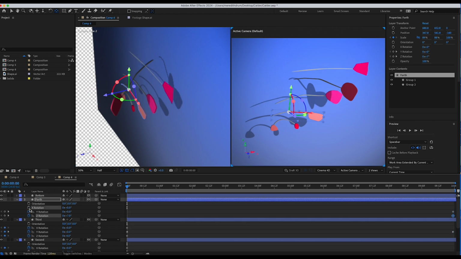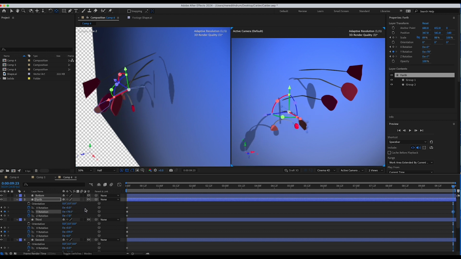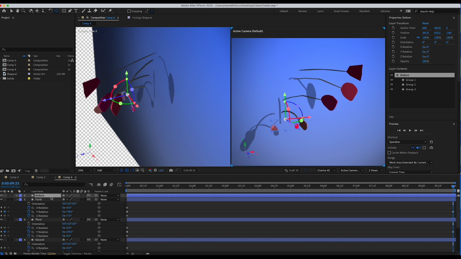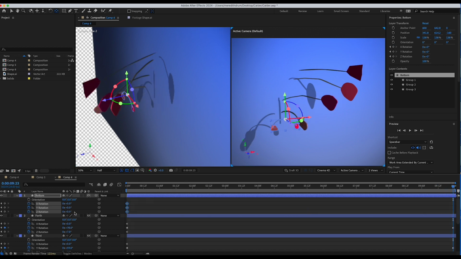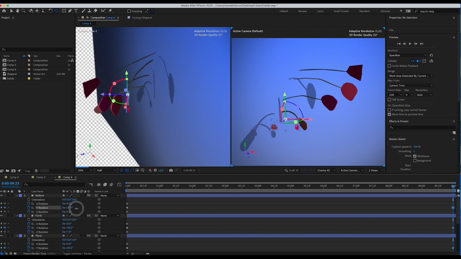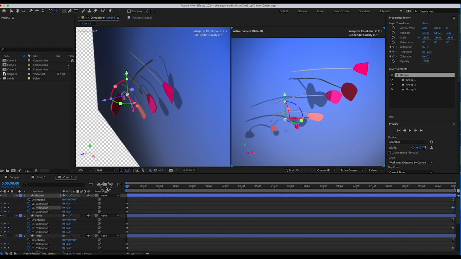Press R for rotate. Keyframe all 3 at the beginning. Oops. Let's take that off. I'm going to redo it. Go to the beginning and give it a keyframe. That's our first keyframe at 0, 0, 0. Go to the end, which is 9 seconds, 23 frames, and I'm going to rotate it in Y out. And here's our bottom rotation tool. Go to the beginning of your timeline, give it a keyframe, move to the end, and let's rotate that in Y only. Okay, now we're going to go that all the way over with that. It's okay. It's a little bit boring. Here, I'm going to just render it. I'll come back in a second.